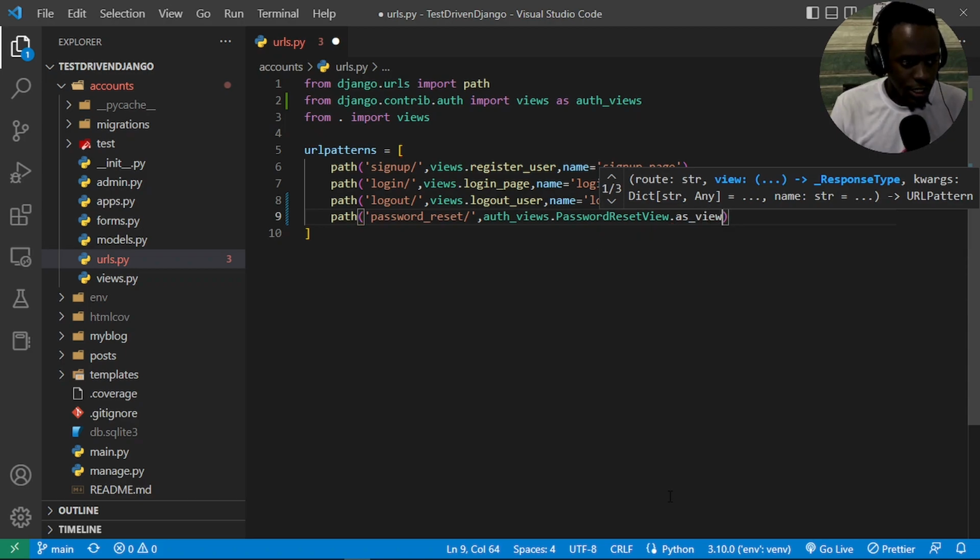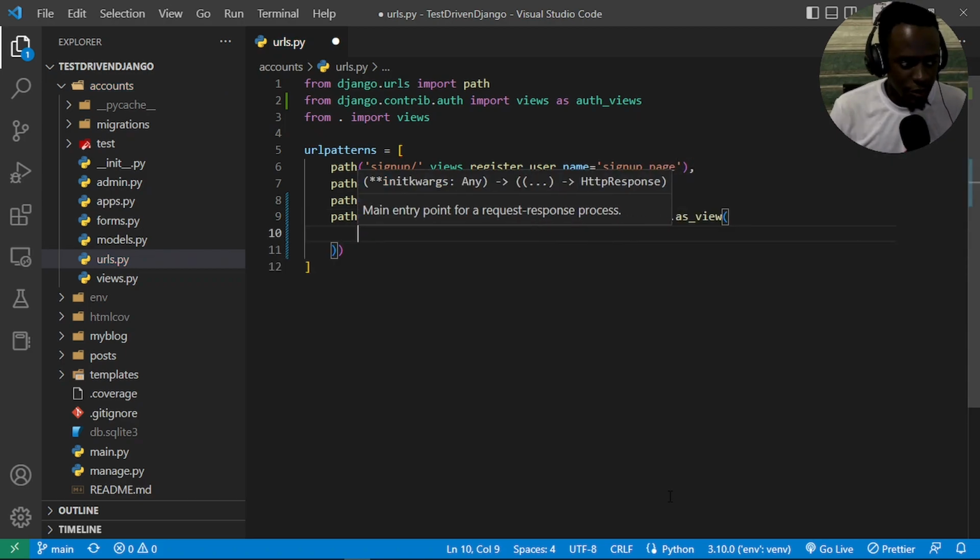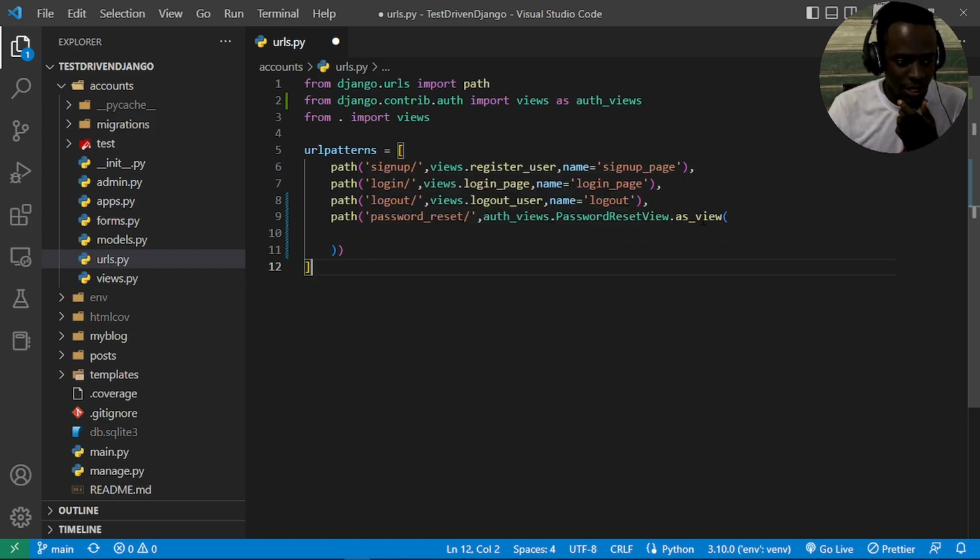So in here I'll call the as_view method, and within here we also need to specify the template name. Now by default these views have templates that are associated with them, and these are the ones found within the registration folder. So in case we want to set up our own custom templates, we can just go within the as_view method and provide the different attributes such as the template_name. So in this case I'm just going to say template_name, and I'll specify this to be account/password_reset